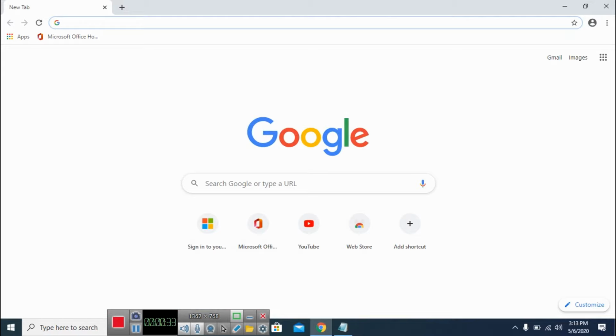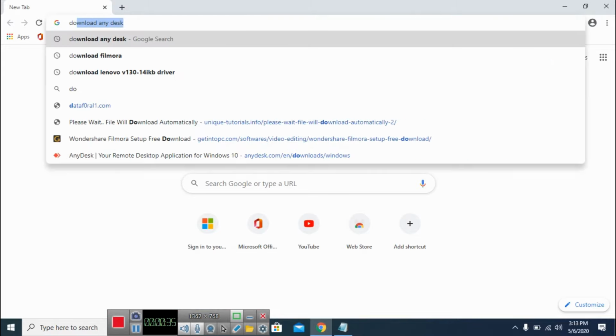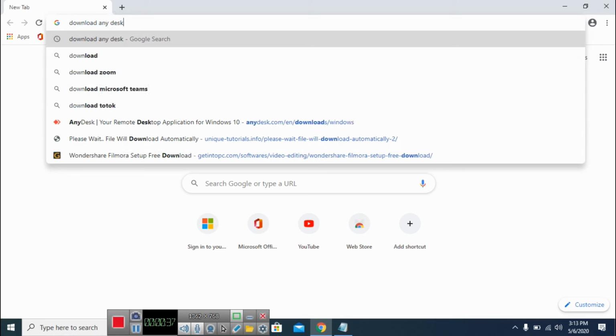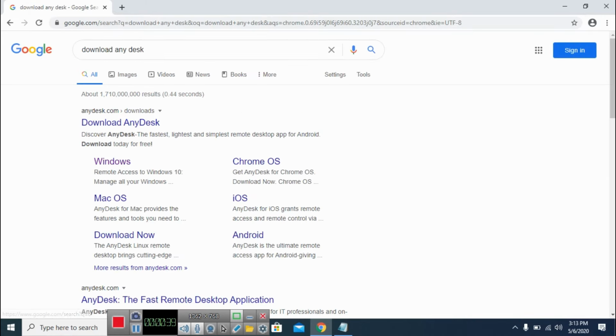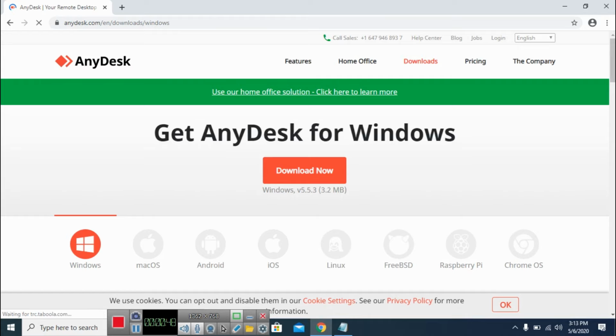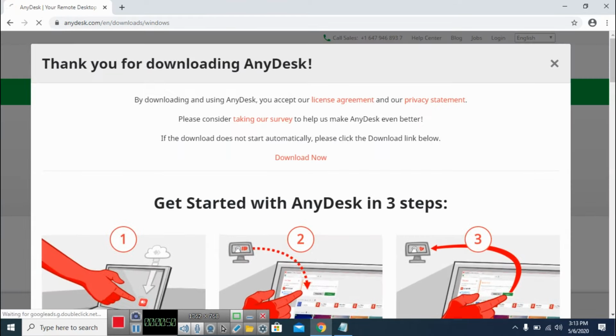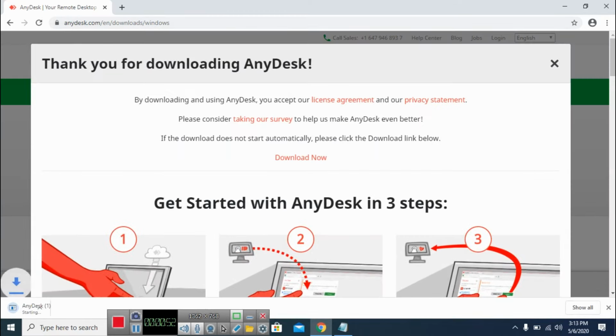You can just go through Google Chrome and type download AnyDesk. You can simply choose if you are using Mac OS, Windows OS, Chrome OS, whatever you need. I am using Windows. I am just clicking on downloading the application.